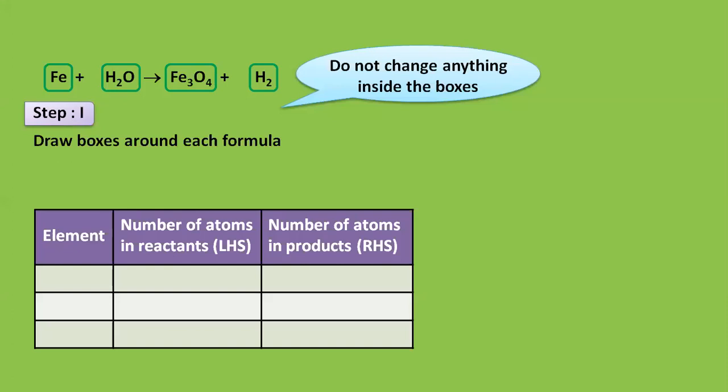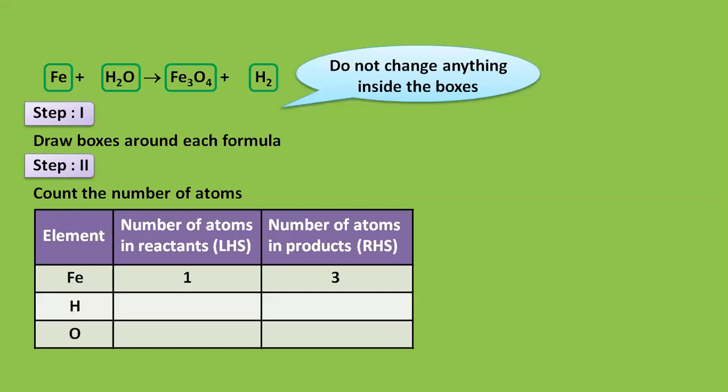So which are the elements here? Come on, everyone, I want everyone to be with me and say, what is the first element we are going to take? The first element is Fe, which is my iron. How many atoms in the reactants do I have for Fe? I am having only 1. And in the product, how many do I have? It is 3. Similarly, the next element. But before that, I see a change in number here: the number of atoms in the reactant is 1, whereas in the product it is 3.